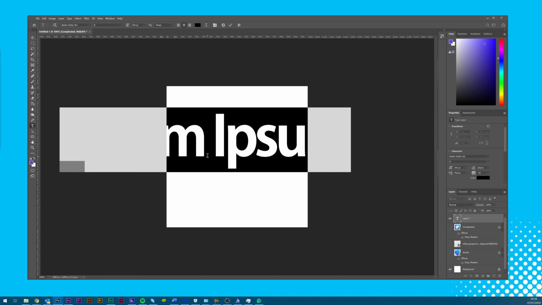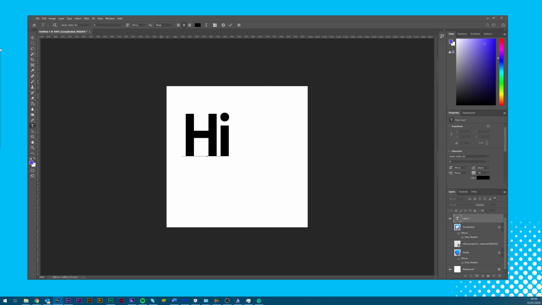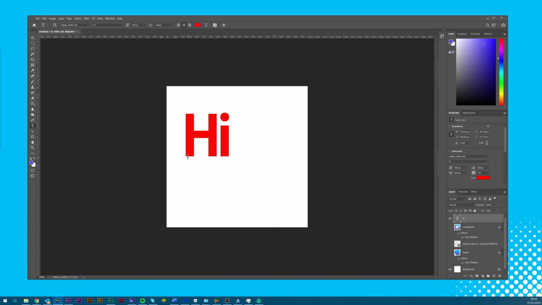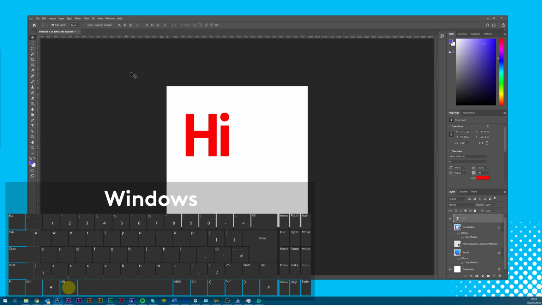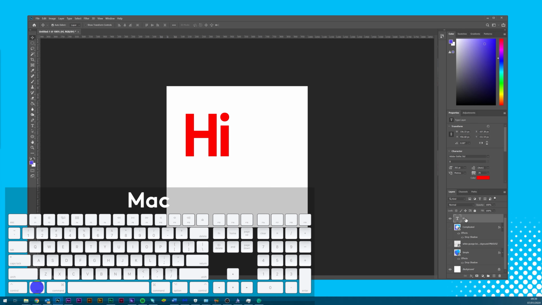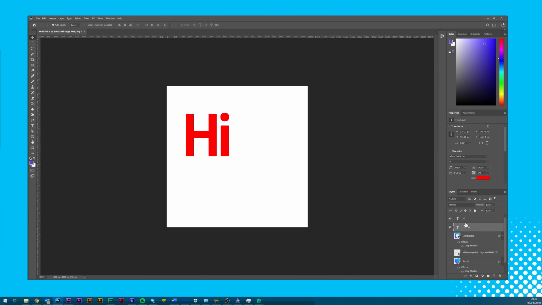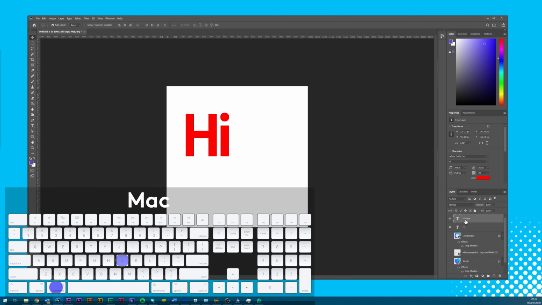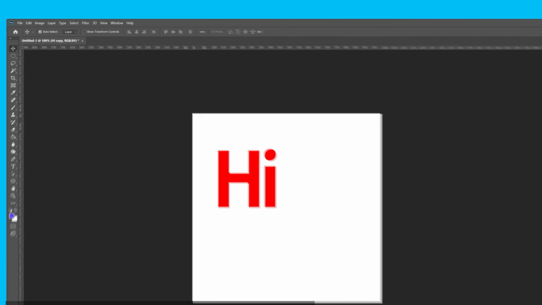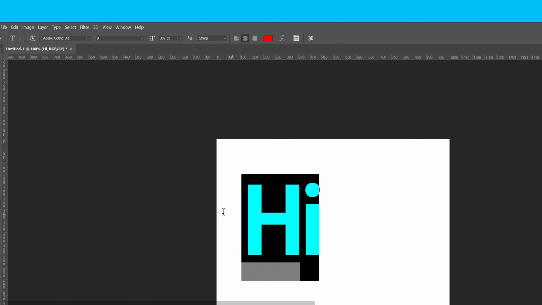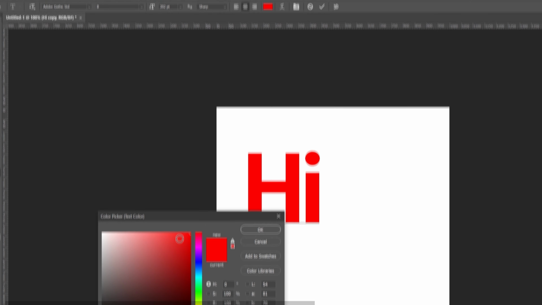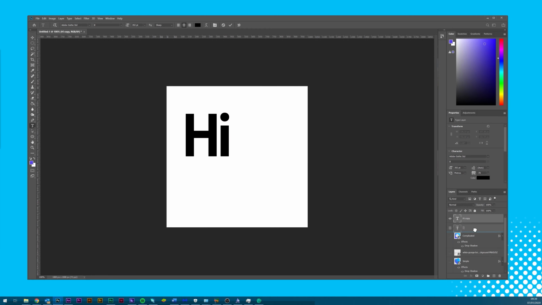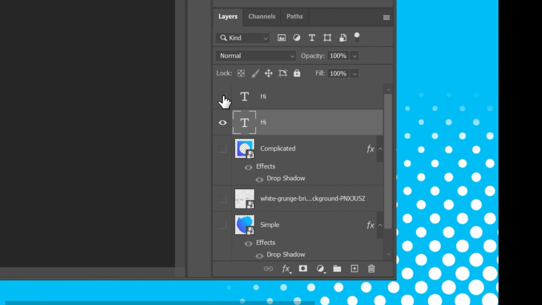what we'd like. To make it easier to distinguish, I'll make this layer red and press the Enter key on the right-hand side of the keyboard to commit changes. Next, I'll click on the layer and Alt-drag it below, or Option-drag if you're on a Mac. Or alternatively, Ctrl or Command-J. I'll then change the text for the duplicated layer to black, and you'll see that when we hide the top layer using the eye icon, the layer behind is revealed.